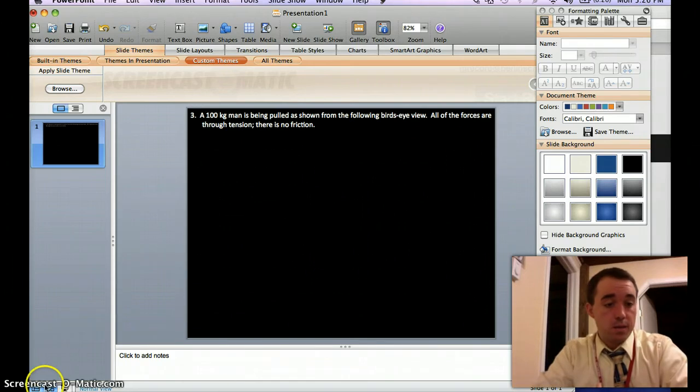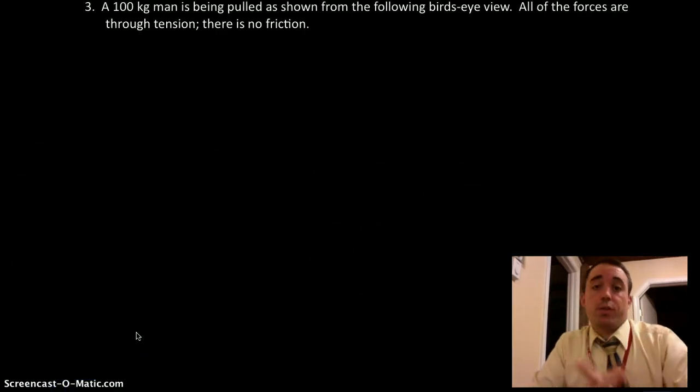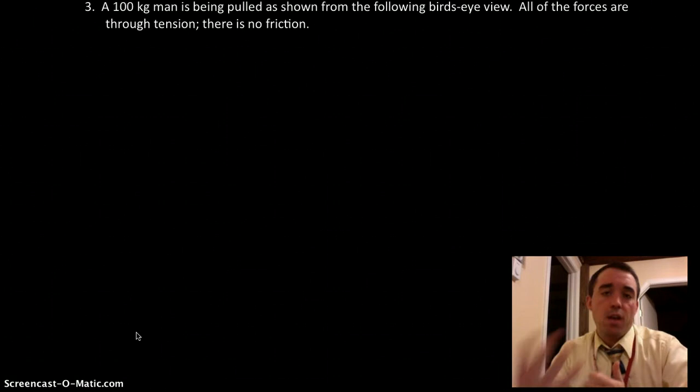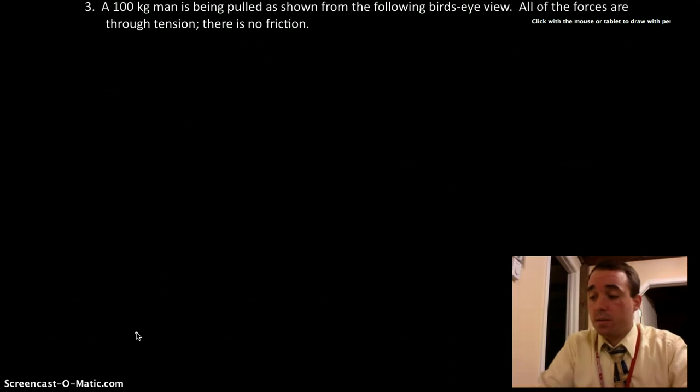Hey guys, this is the screencast for question 3. I didn't break it apart into the different A, B, C because they all work and flow off of each other, but you can follow along on your sheet. So we have a 100-kilogram man. He's being pulled in a bunch of different directions, but we're looking for, when you see these words, bird's eye